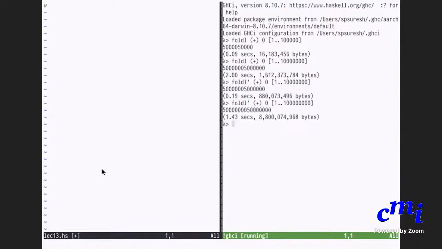And if even this takes this much time, fold L on this will take a lot of time, as will fold R. This is an annual tradition with me and the Haskell course where I'll use fold L on some very large numbers and it will strain my computer a lot. Oh, see, good. You actually see the first instance of an exception, stack overflow. Stack overflow is saying basically that some kind of memory has run out.